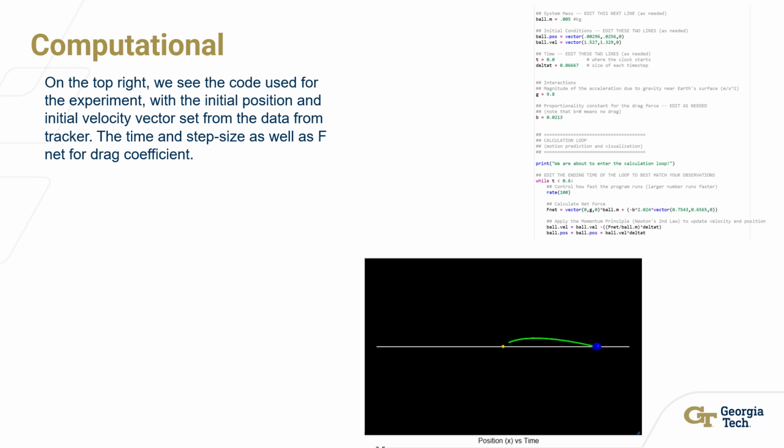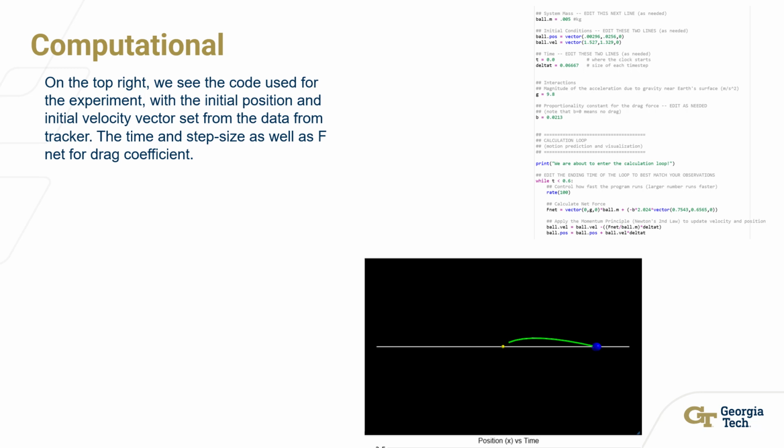For the computational model on the code, we set the ball mass to 0.005 kg, which was the mass of the paper. We were able to initialize the position vector with the initial position from tracker as well as the initial velocity from tracker. We set up the time step of 0.067 and we set the value for gravity 9.8, and for the value of b, we set it equal to